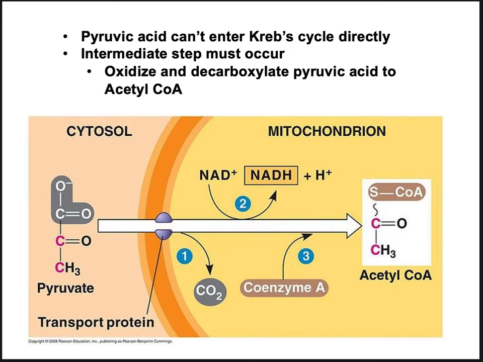So I've mentioned once you finish glycolysis, you have pyruvic acid, 2 of them, right? But we're not able to stick pyruvic acid into the Krebs cycle. Okay, and so here we're in the cytosol, we've made our pyruvic acid, and we want to go into the mitochondria and start the Krebs cycle. But once we get into the matrix of the mitochondria, we have to decarboxylate, so remove the CO2, which is